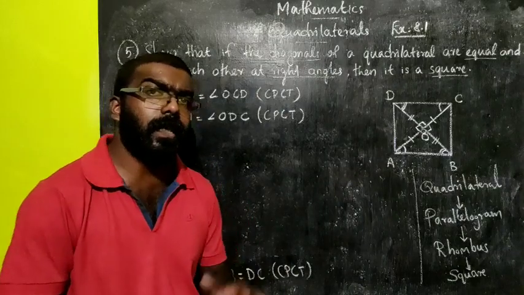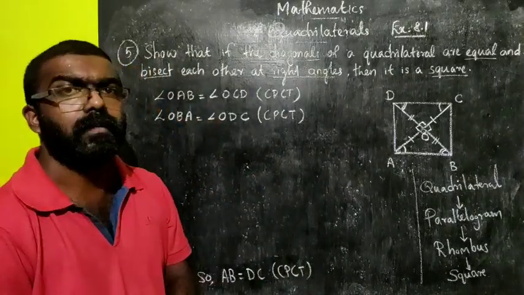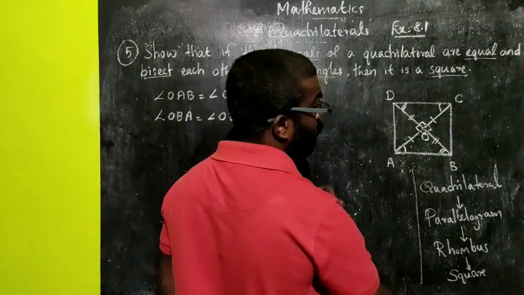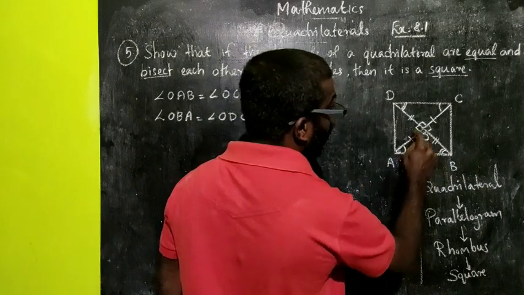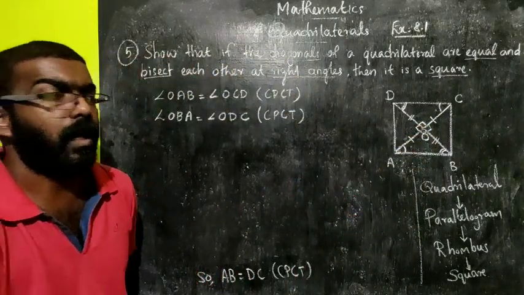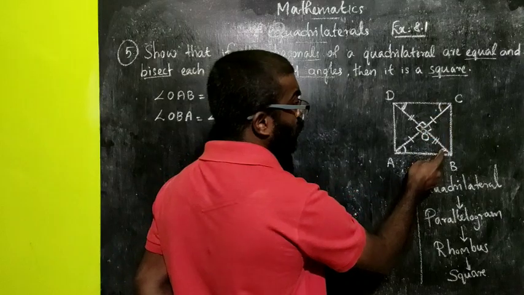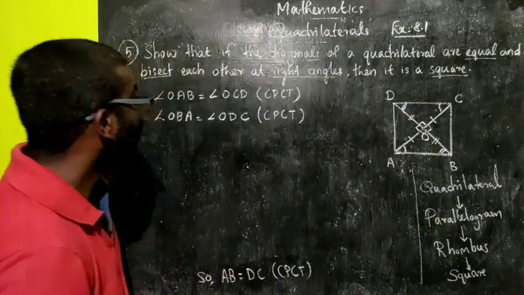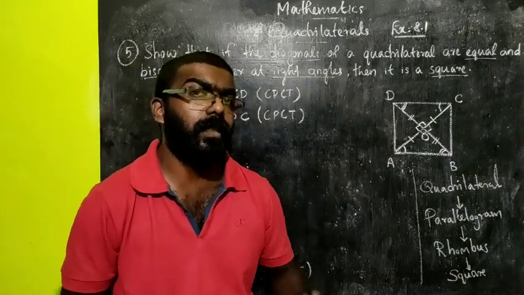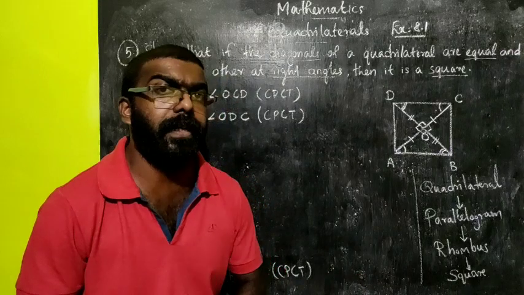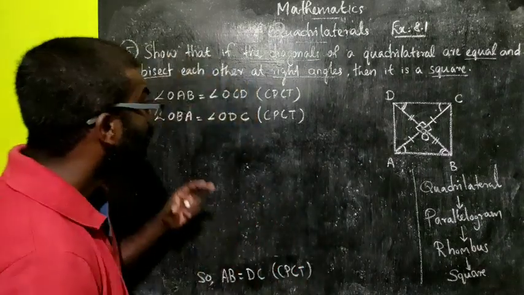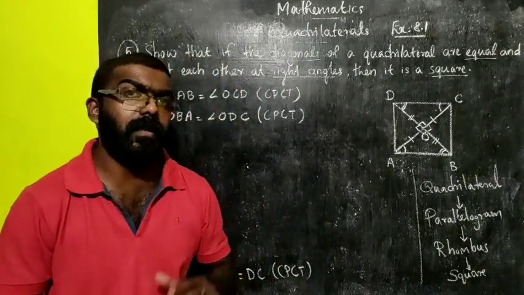Now observe the figure. Is there any speciality of these two angles? OAB and OCD, and OBA and ODC. These are alternate interior angles. And we got alternate interior angles are equal. You have already learned some theorems related to these types of angles, namely alternate interior angles, corresponding angles, and so on, in the chapter Lines and Angles. Right. So here we got the alternate interior angles are equal.